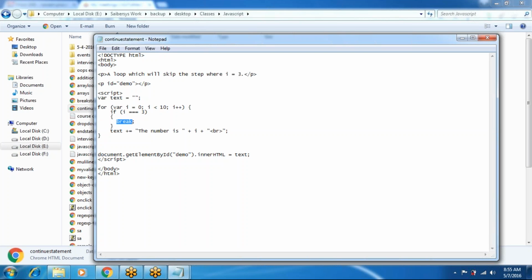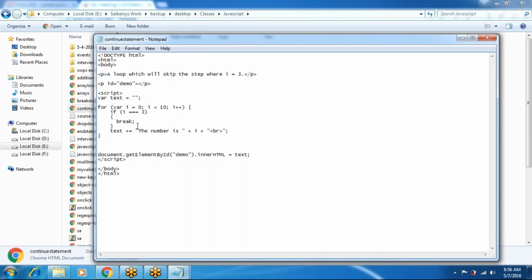If the i value is 3, we can also continue the statements. But if you use break, we break the whole for loop. But text did not print 3, sir? Here we did not add it in the if condition, the i value is not added.